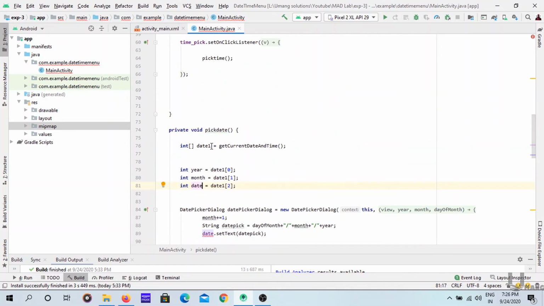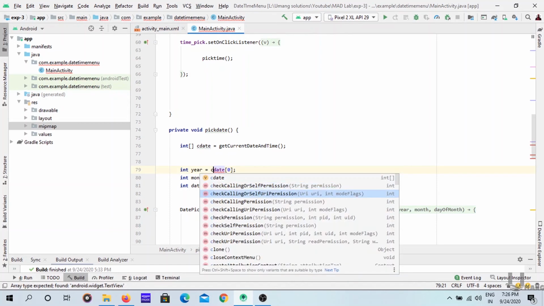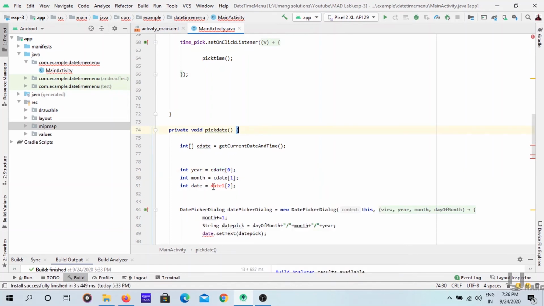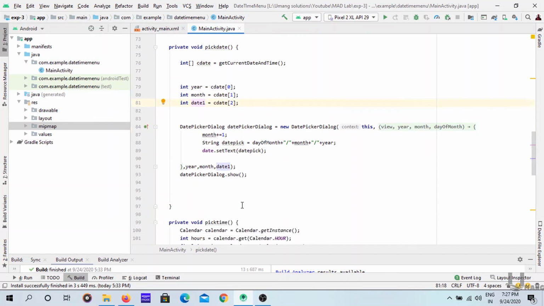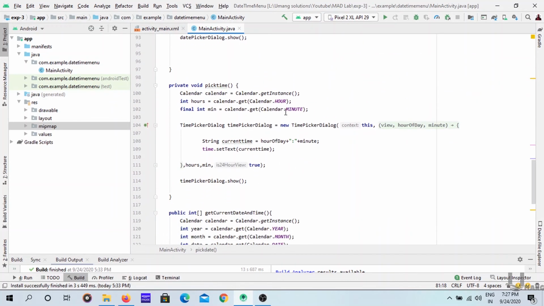Current date, let's give like this. Everything is fine now. Now go to the pick time method.